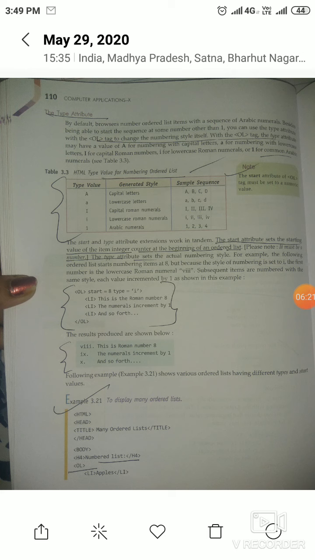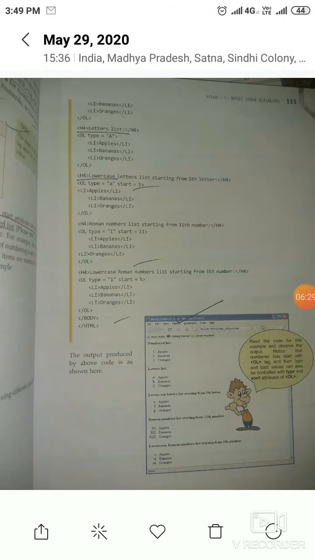The HTML tags are all defined, the numbers list heading tag is defined, and OL ordered list is defined. First item is apple, second banana, third orange, and the list is closed. Then again a heading is defined, the third ordered list starts with type given as capital A, and 3 items are defined. Then the next ordered list is defined with type small a, starting with 5. There are also 3 items defined.